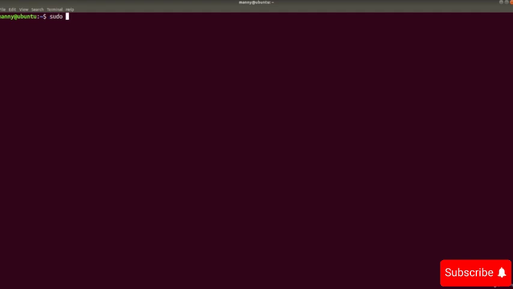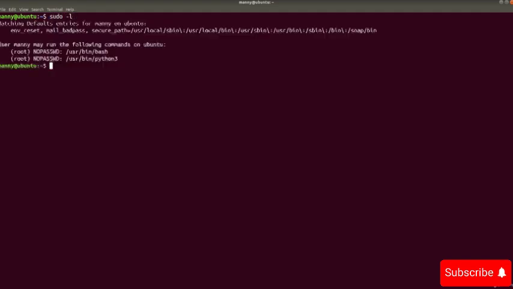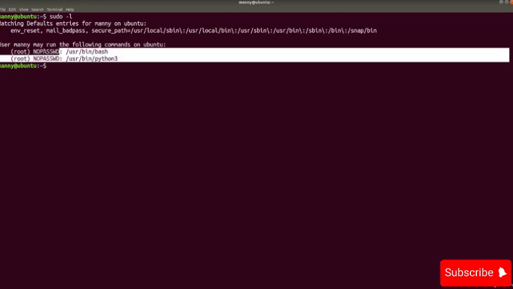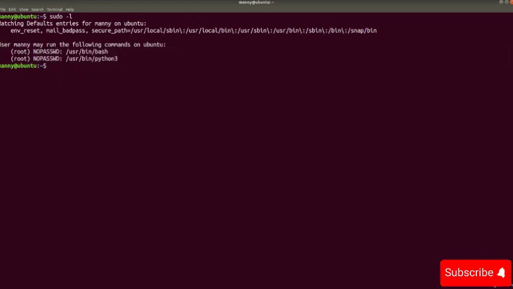Let's see if we do have access to Python 3 as a root user, and yes we do. So we are going to be doing that privilege escalation with Python. I know that I have done this before, but like I said, practice makes perfect, so we have to keep practicing our commands. Let's go ahead and do